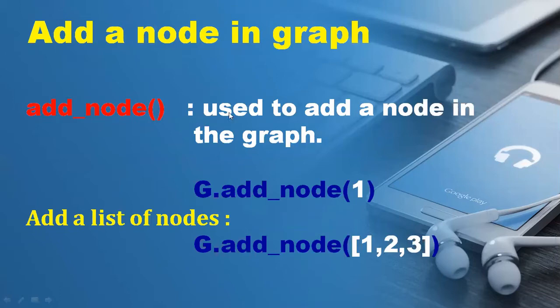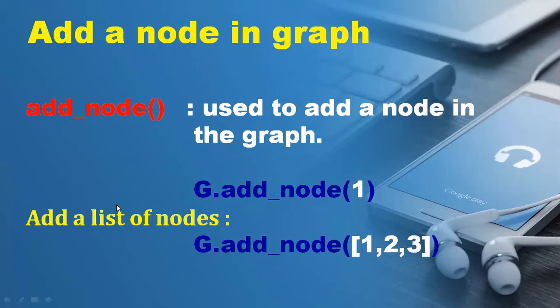So it is used to add a node in the given graph. If we have to add only one node in the graph, then in this what we will do is we are using add underscore node and calling it with G dot, because G is the graph in which we have to add the node. So what we will do is name of the graph dot the function add underscore node, and in that we will be adding the node, writing the node. So this is one, we are creating a node one.